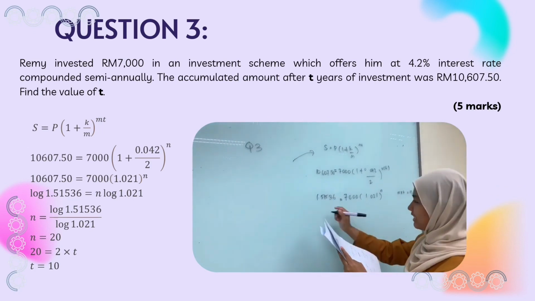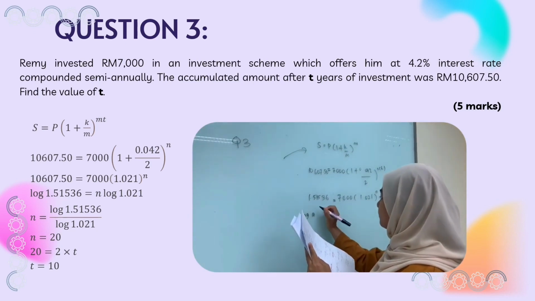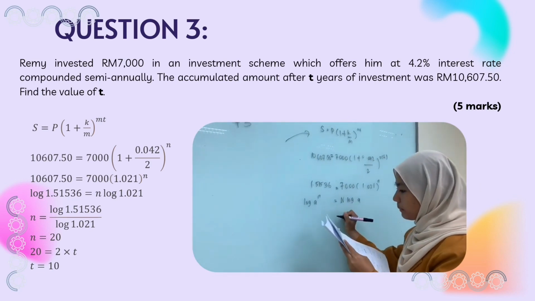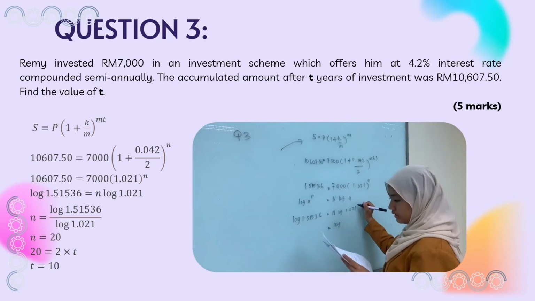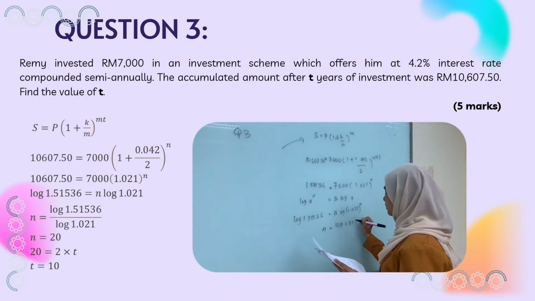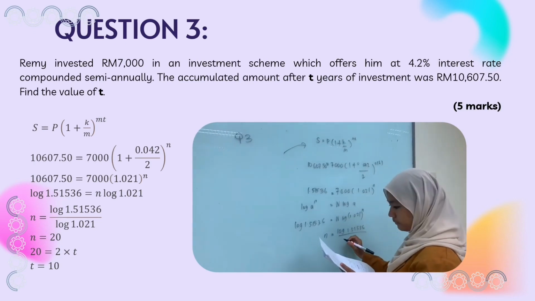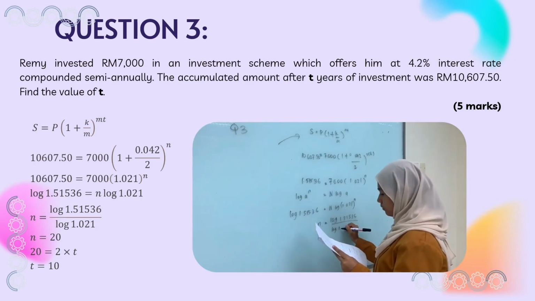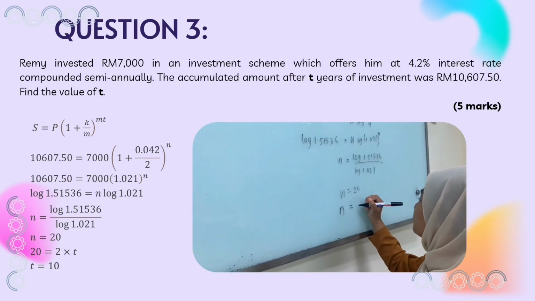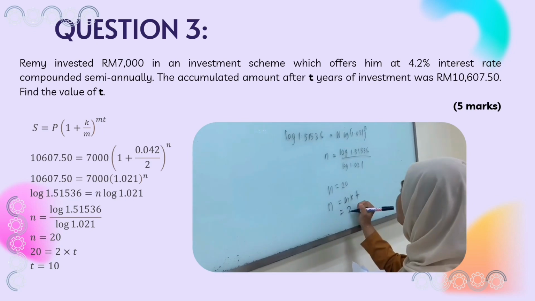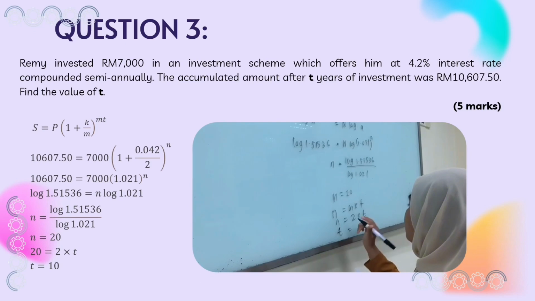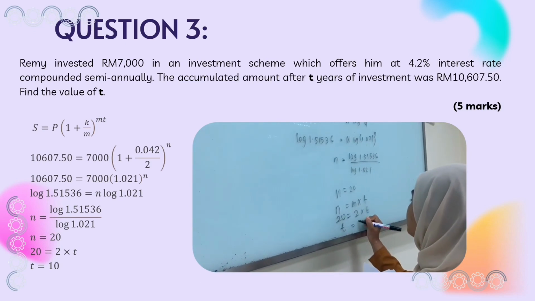The formula of log is log a to the power n equals n log a. So in order to get the n, we go with this question. And we got n is 20. So we know that n is equal to M times T. M is 2 times T. And so the T we got is